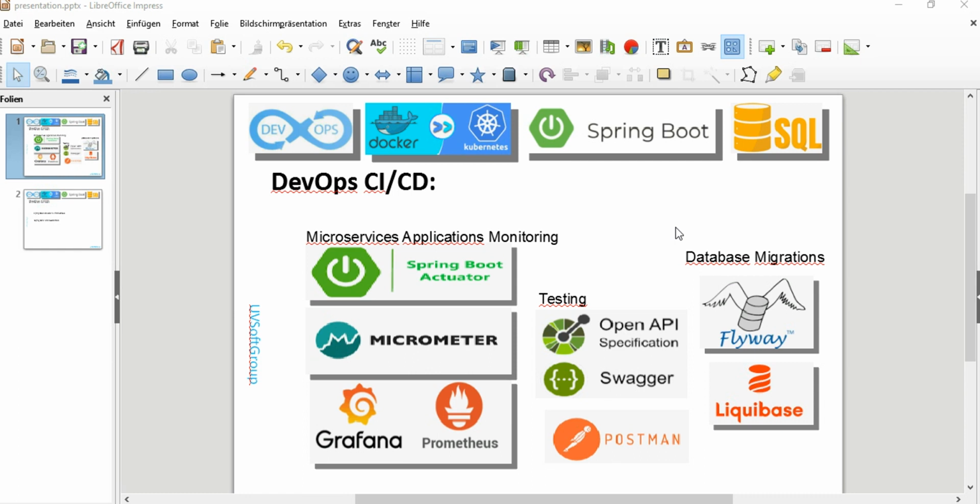This new screencast is the continuation of the previous screencast, requested by a lot of viewers and subscribers. In the previous screencast we discussed the Spring Boot REST microservice based application. How can you monitor those applications? Meaning, with the Spring Boot Actuator, Micrometer, and the Grafana and Prometheus tools.